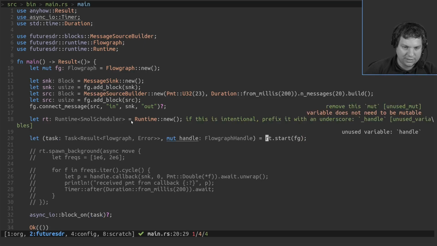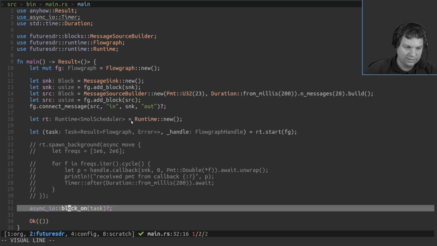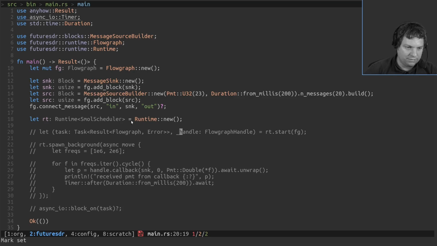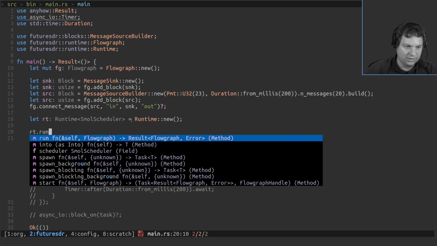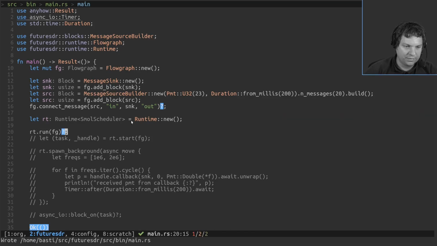In this case, we don't use the handle. So we start the flow graph and then await it. Actually, the same thing as if we just run it. So do rt run flow graph. And in this case, the source terminates, and then there's a trigger for this flow graph, basically to shut down.